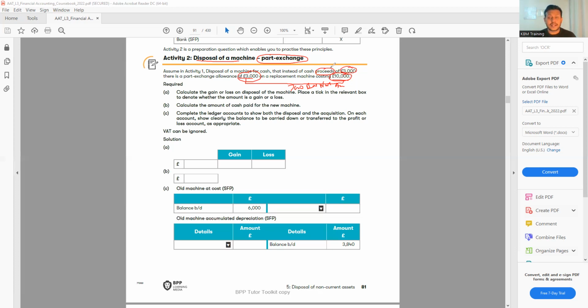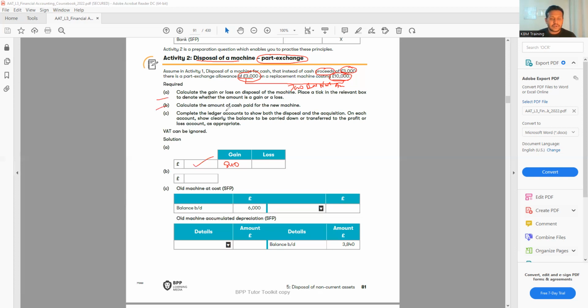So it will be considered as a sale because you are replacing, even though you are not receiving any cash, but it will still be considered as proceeds, as a sale. So it will still be treated as a sale, and our gain will still be the same. That will be 840, the same way we have calculated the gain before. Regardless of whether I receive the money or not, what matters is how much value is considered for the sale. This is the main thing.